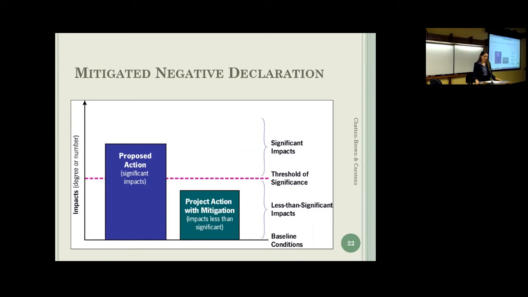And then also, with regards to mitigation measures, CEQA does not allow for deferred mitigation. So you can't say, well, yes, this project is going to impact this endangered species habitat. But after we approve the project, we're going to do a study and see just how bad the impact's going to be and what we should do about it. And we'll follow whatever that study says. You can't defer that analysis. You can't defer coming up with those mitigation measures until after the project approval.